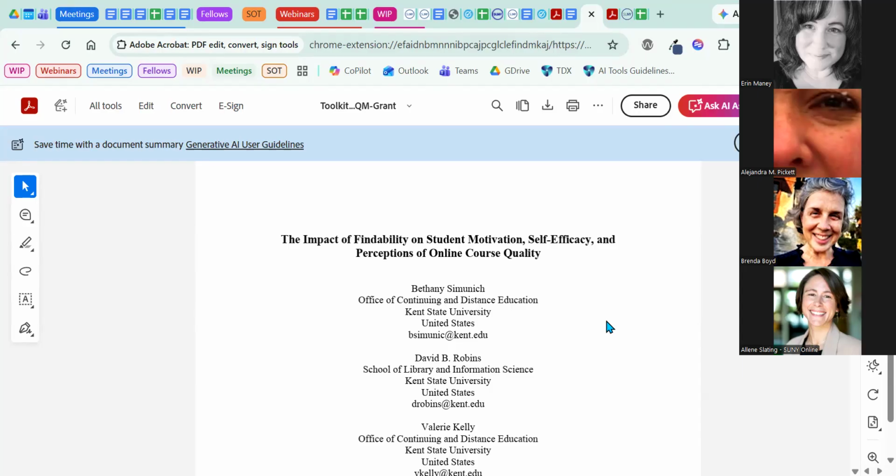So one of the main things that the paper found was that students reported lower levels of self-efficacy and motivation after interacting with courses rated low in findability. Findability means I'm looking for a specific piece of information, like how to contact my instructor, and I can't find it. This paper did an eye tracking study and surveyed the students and found that students in courses with low findability reported lower levels of self-efficacy.